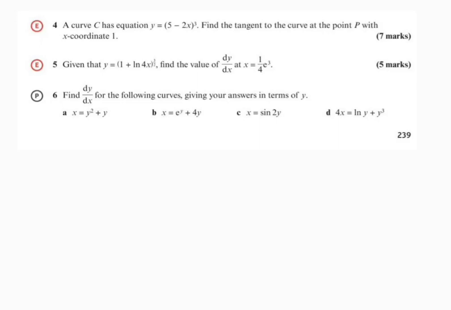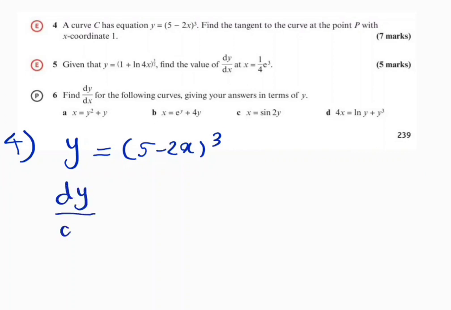Right, so we need to find the equation of the tangent, and the first thing we need to do is simply differentiate the equation of the curve so that we can find the gradient at point P in this case. So we can start by writing down the equation of the curve, which is 5 minus 2x cubed. So the first thing is differentiating the equation of the curve,